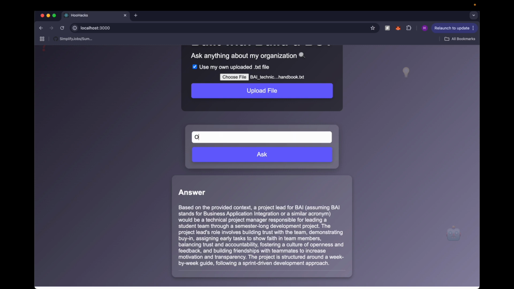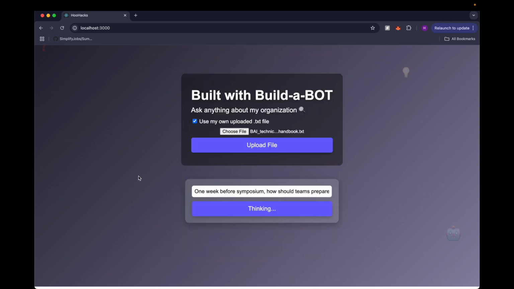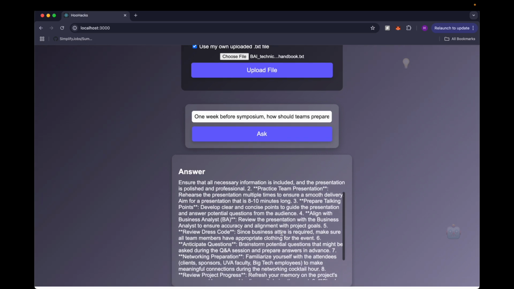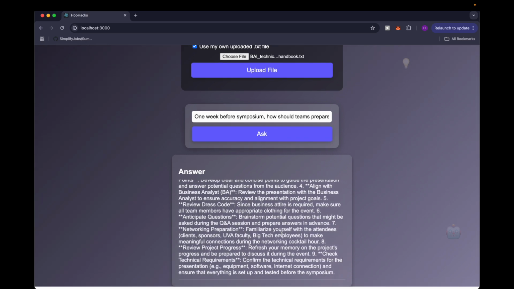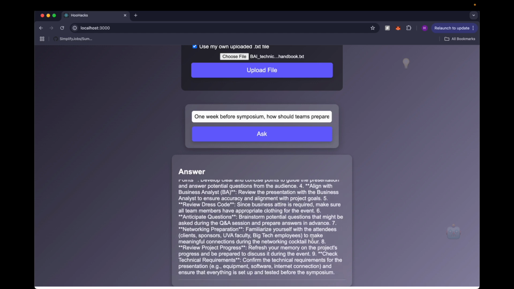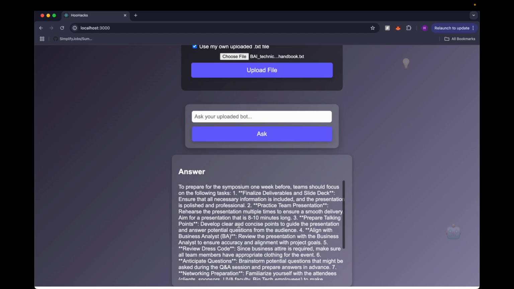The next question we're going to ask is, 1 week before symposium, which is when teams present their work to the UVA community, how should teams prepare? Once again, we get step-by-step, very detailed instructions. It's a very comprehensive handbook, and you can see all of the different things that a team would have to go through. And so this is the type of question that a project lead would ask an exec member, even though all of this is already documented in the handbook, and this saves everybody in the club a lot of